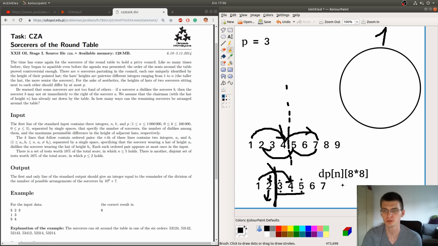So you don't need that in your code. It's just to help you analyze the complexity, because the complexity will be smaller automatically if you just iterate over this state, over the mask. And this is dynamic programming with the number of ways, where you store some number that represents the number of ways modulo 1,000,000,007.